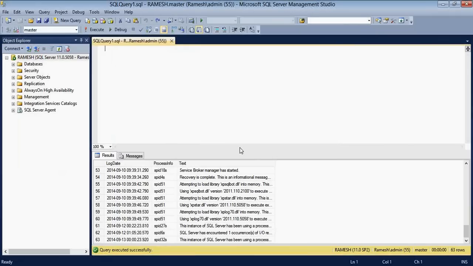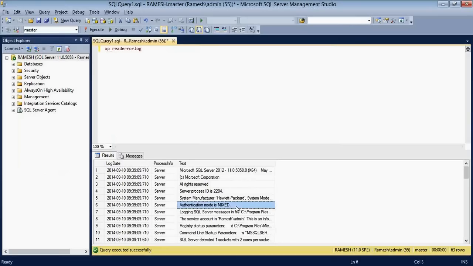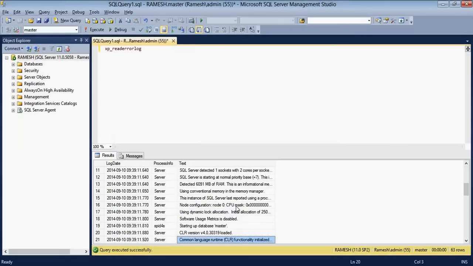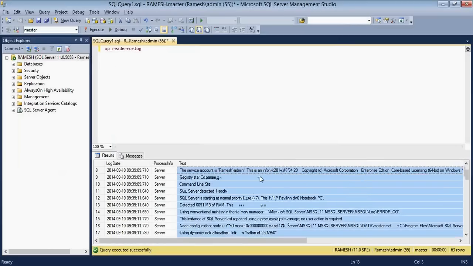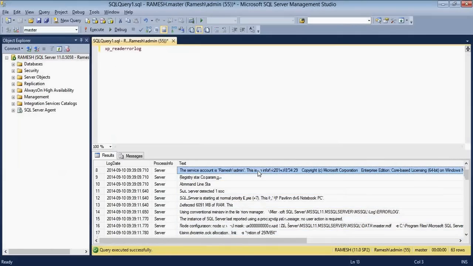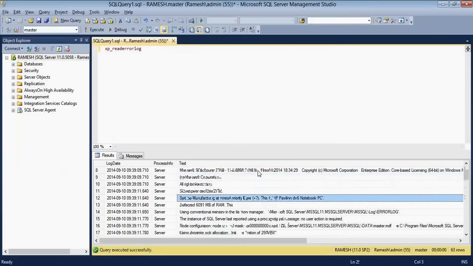When you run the xp_readerrorlog command, when your database engine starts, it identifies the operating system, SQL Server, and the manufacturer of your system.